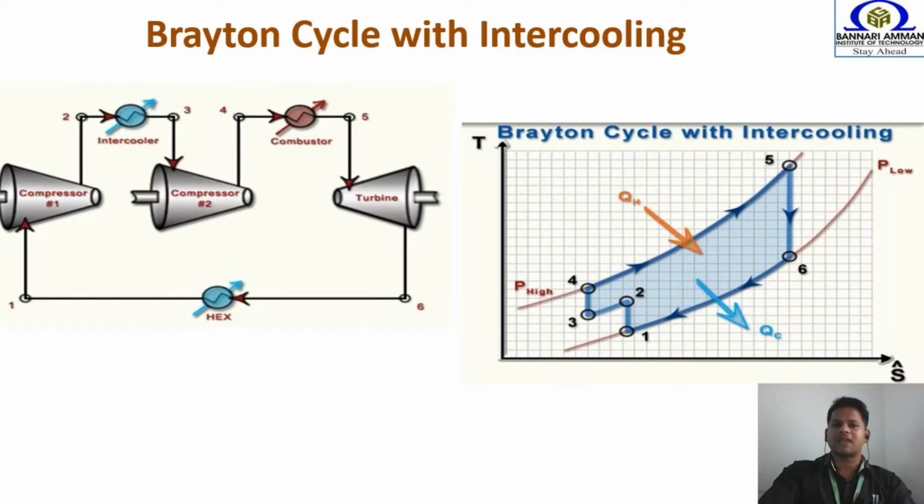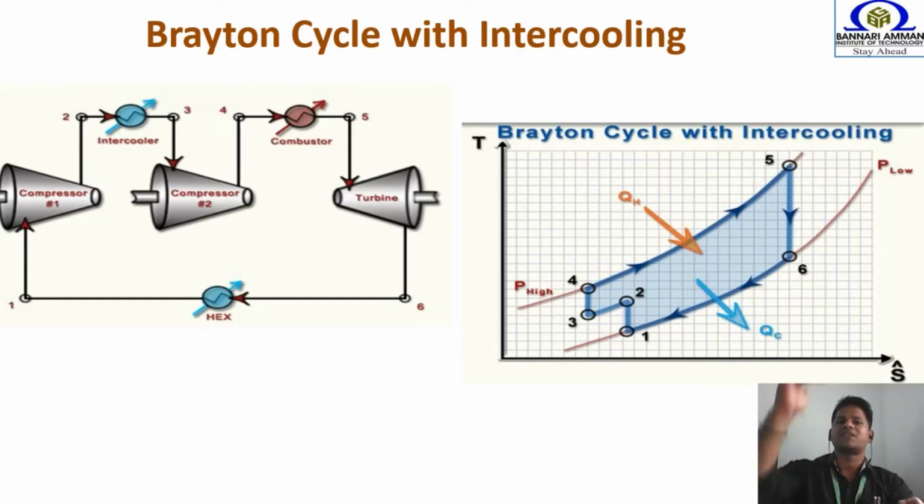Already we have discussed the ideal cycle where we have four processes. First one is isentropic compression, second one is isobaric heat addition, third one is isentropic expansion, and the last one is isobaric heat rejection. Now come to the point. We all know that for compressing the air, we are spending so much energy. The reason is that if you want to compress the air, it means we want to reduce the volume. So if you are reducing the volume, what will happen to the pressure?